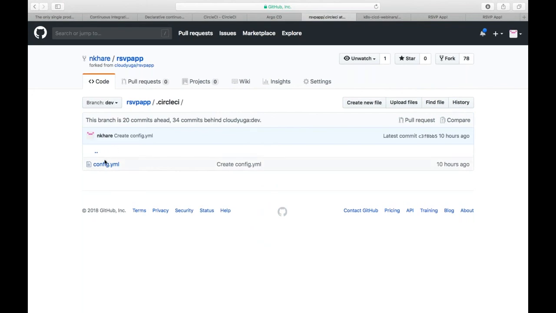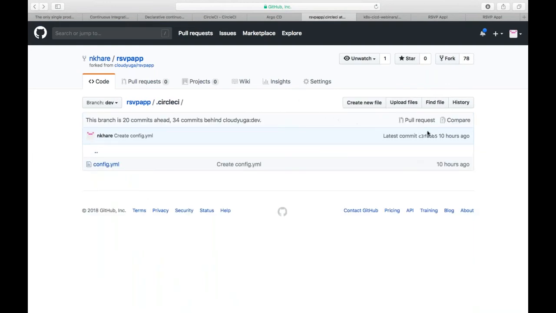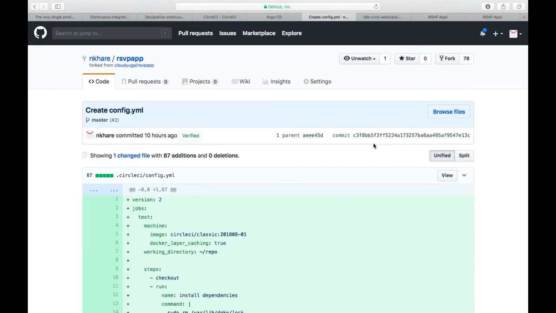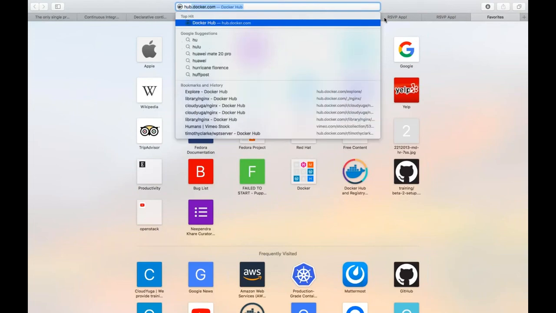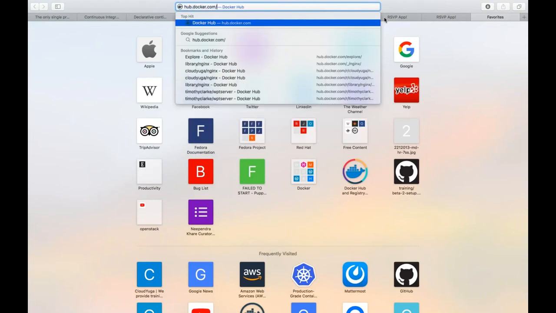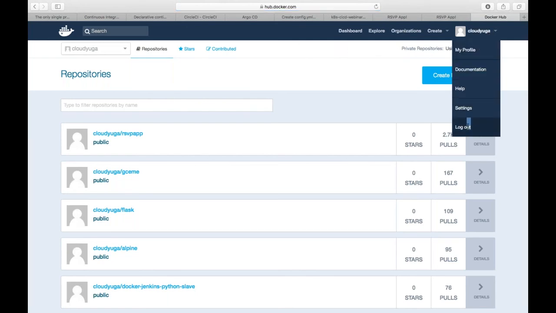Yeah, so this is the commit we made a few hours back. Okay, what we could do actually is I could go to my Docker Hub account and figure out different tags for that. And let's try to put an image from there. I need to log into a different account. Just give me a minute.